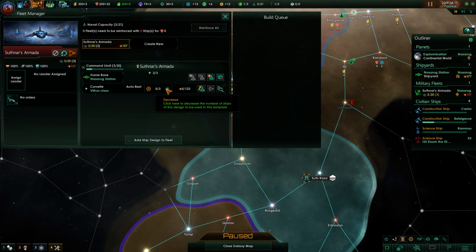You can see this little thing, it says 0 to 3. I don't know why it says 0 to 3. It should say 3 of 3. But anyway, it doesn't. So it says here 3 of 3, and then it says 0 of 3. I don't know why. I can set it to whatever spaceport I want, and then as soon as it gets